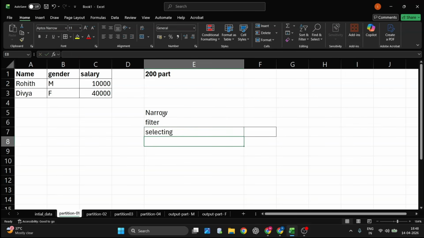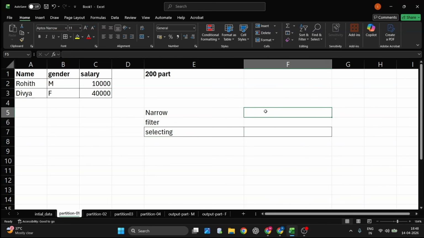Selecting the record, as well as so many individual operations that we perform, all those things come under narrow transformations only. Okay, but when it comes to wide transformations,